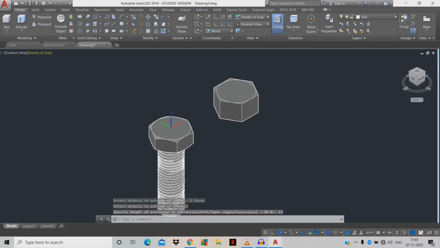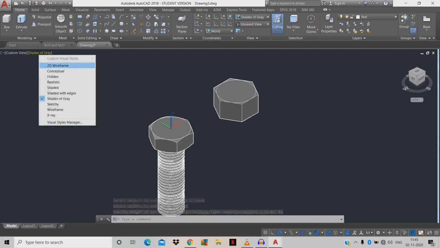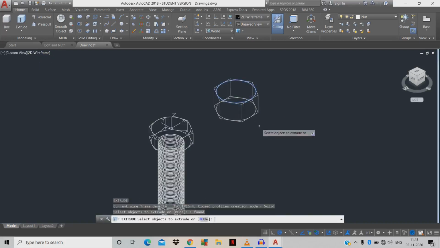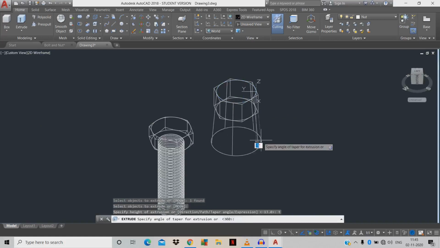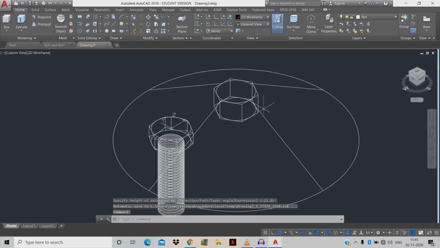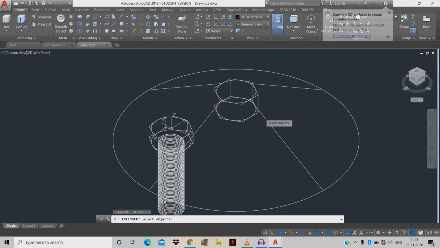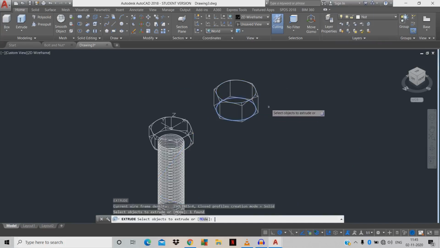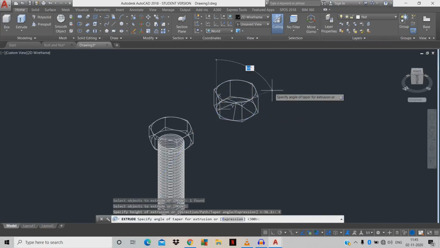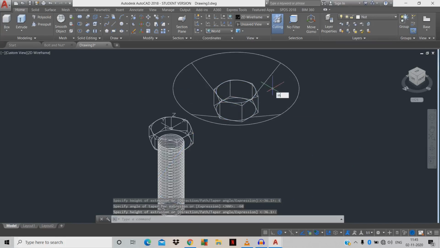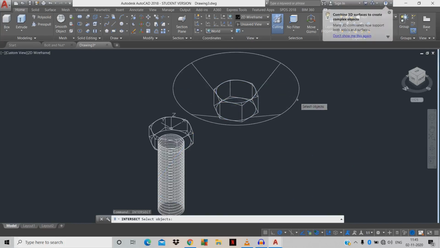For our convenience, just click the object, change to 2D wireframe, EXT space, click the circle, space, T for taper angle, -60. INT intersect, click both objects at a time, space. Same EXT space, click the circle over here, space, T for taper angle, -60 value. Then the command intersect space, click both objects at a time.